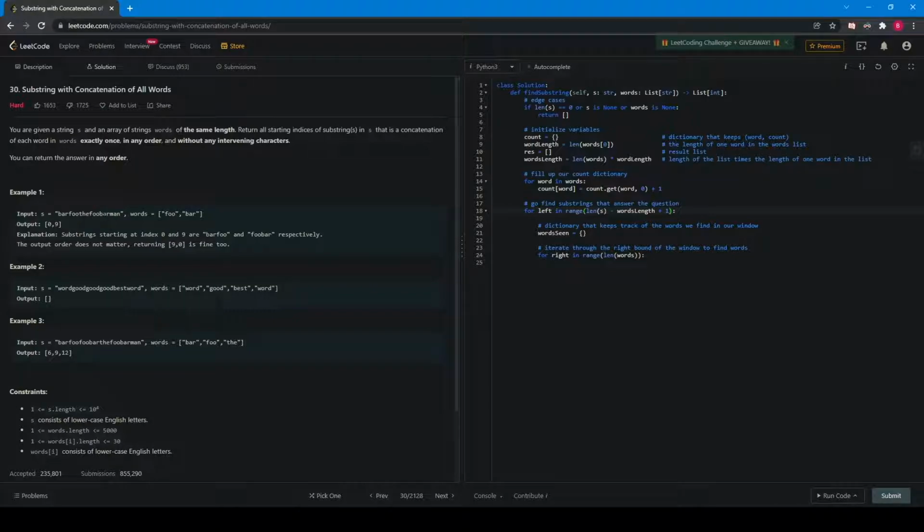This just optimizes the solution for the longer the word's length is, so the length of the list times the length of each word, the longer that is, the more this optimizes the solution, right? So now we're going to iterate through the right bound of the window to find words, and so we're going to make another